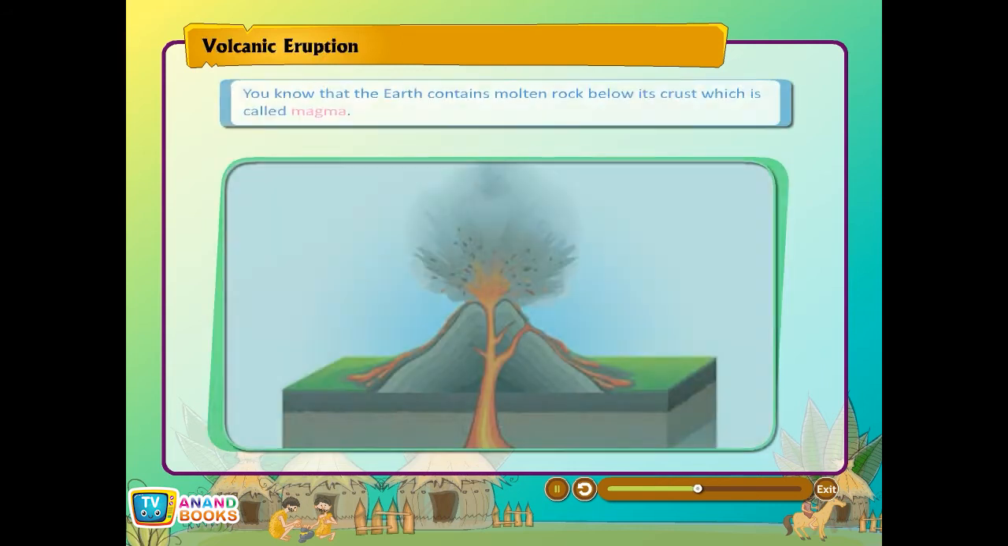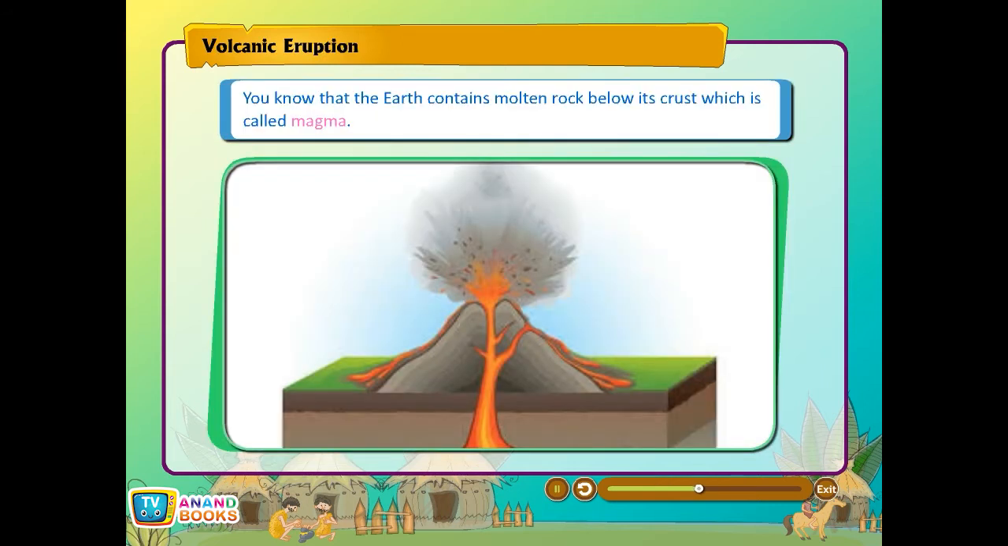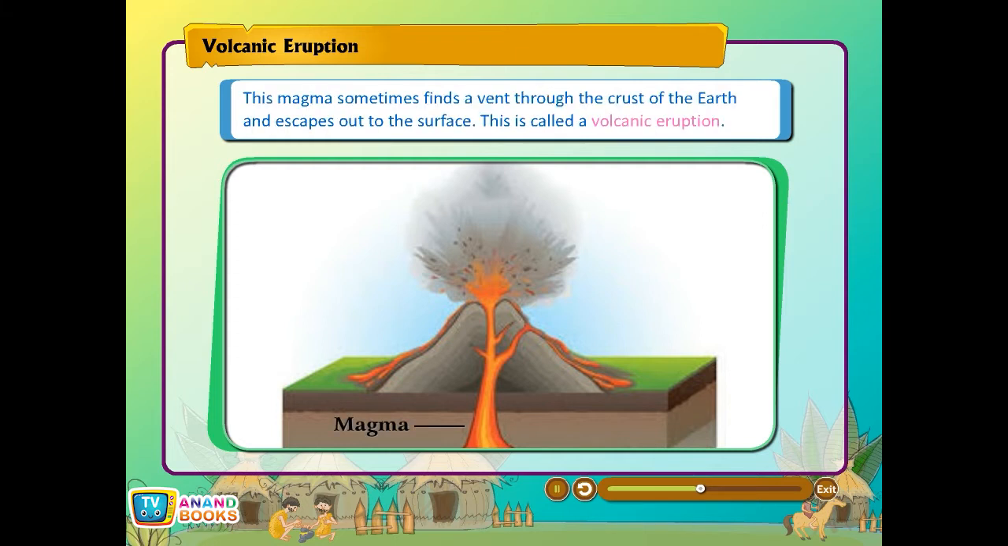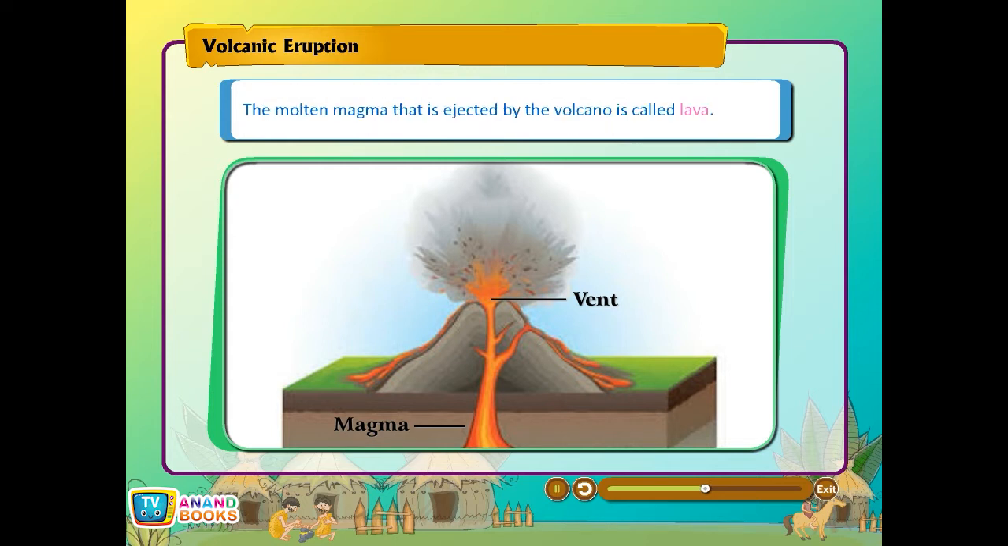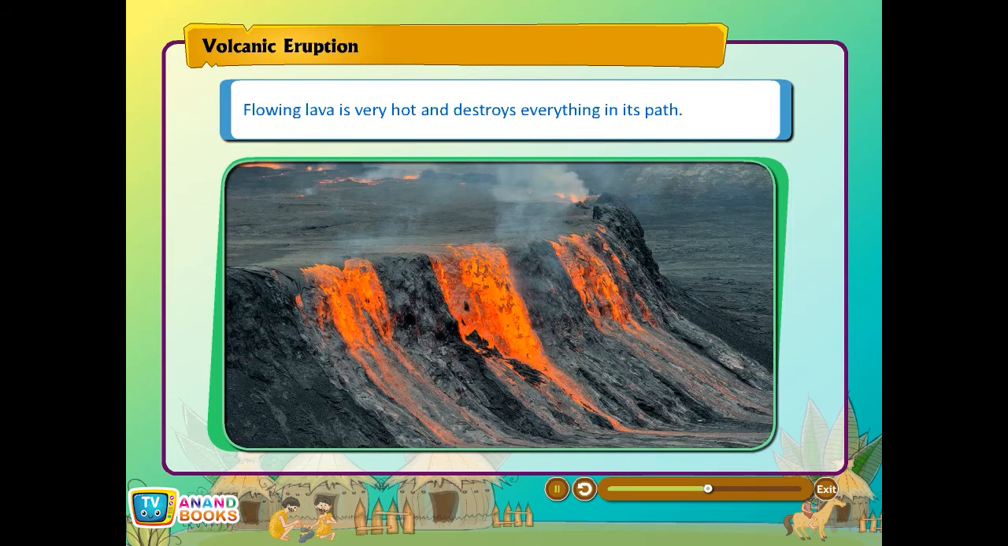Volcanic eruption. You know that the earth contains molten rock below its crust, which is called magma. This magma sometimes finds a vent through the crust of the earth and escapes out to the surface. This is called a volcanic eruption. The molten magma that is ejected by the volcano is called lava. Flowing lava is very hot and